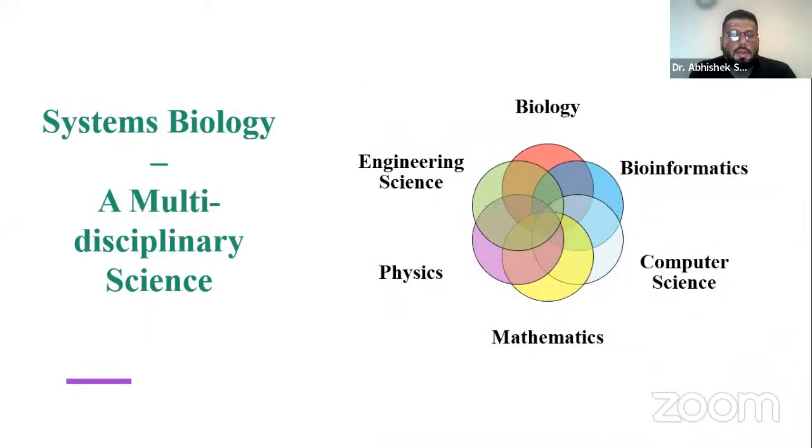So, systems biology is a very multidisciplinary field of science. You are all aware of classical bioinformatics, which has always been defined as a multidisciplinary field of science. Similarly, systems biology is a very advanced, or applicative, field of bioinformatics. So definitely it is also a multidisciplinary field of science, right?